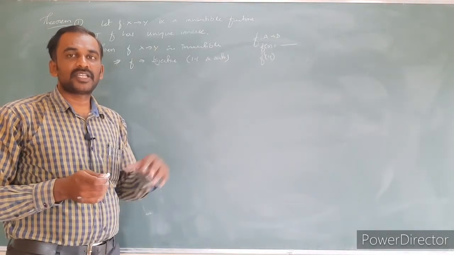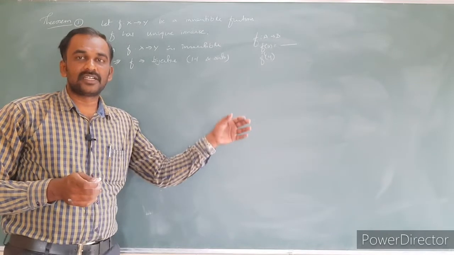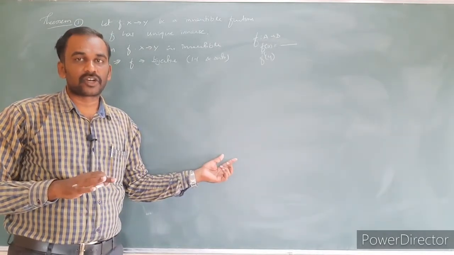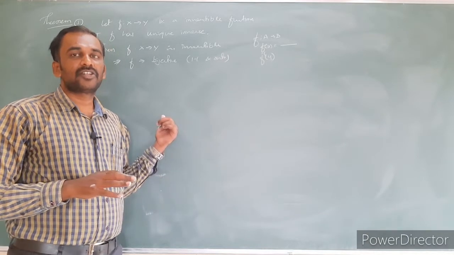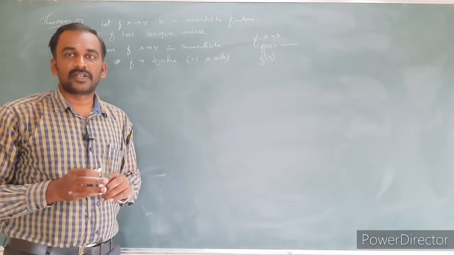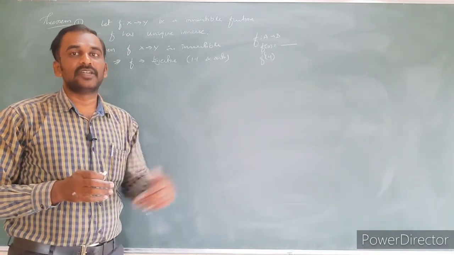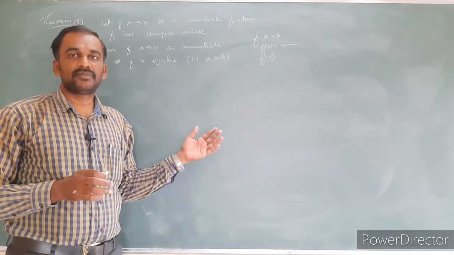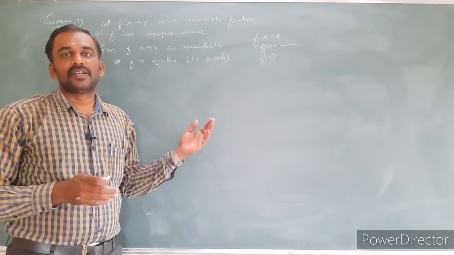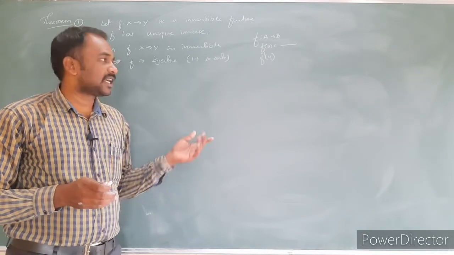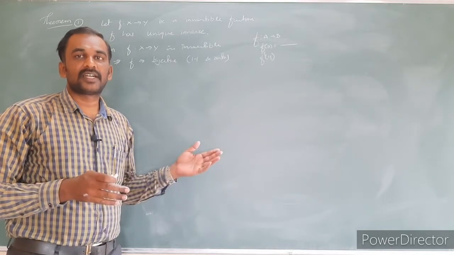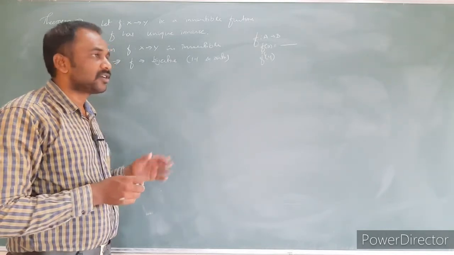What is the contradiction method? I assume one result, and simplifying whatever assumption we made leads to something wrong. Then by the contradiction, our assumption is wrong and the original statement is true. You may have done this at school level. Actually it was in first PUC, but due to COVID it was removed for the academic year 2021, so unfortunately people have not studied mathematical reasoning and the contradiction method.